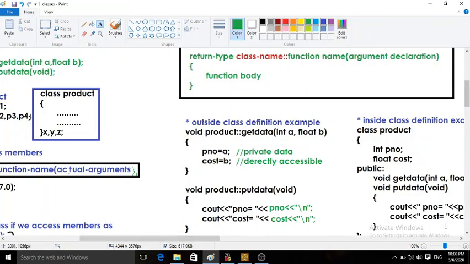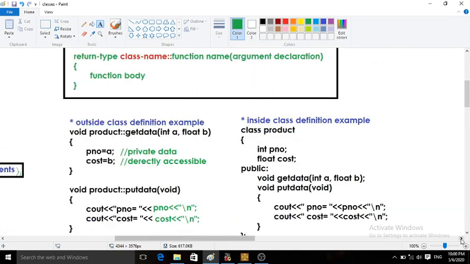So how to define a member function within the class? Inside the class definition we can also define a method. Mostly when the function body is small, just one line or two lines, a simple or short function, then we define methods within the class definition.